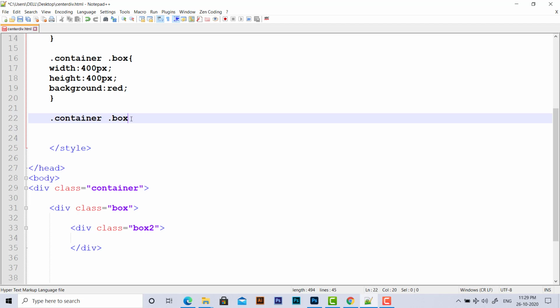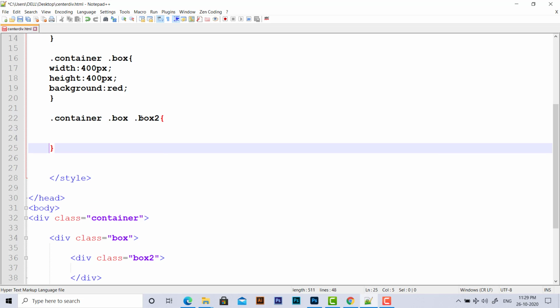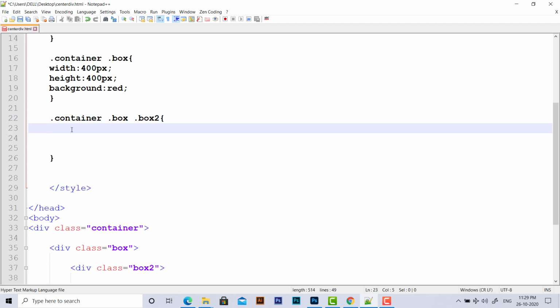Okay, so if you miss the period, it means you are not actually targeting the class. So for a class element, you have to put a period. Next, inside the box we are now targeting box 2. Now inside the box 2, what we are going to do is give it a